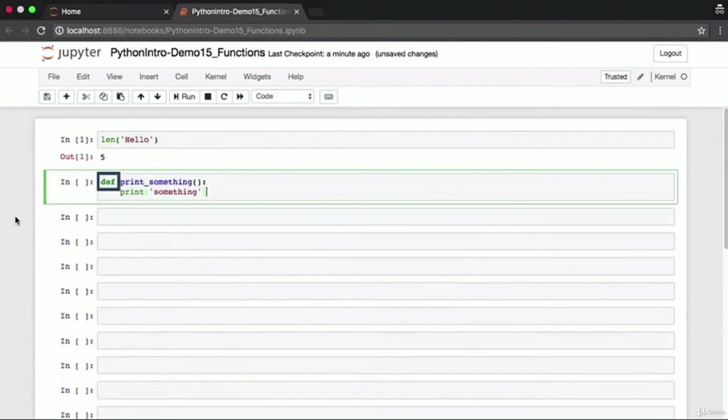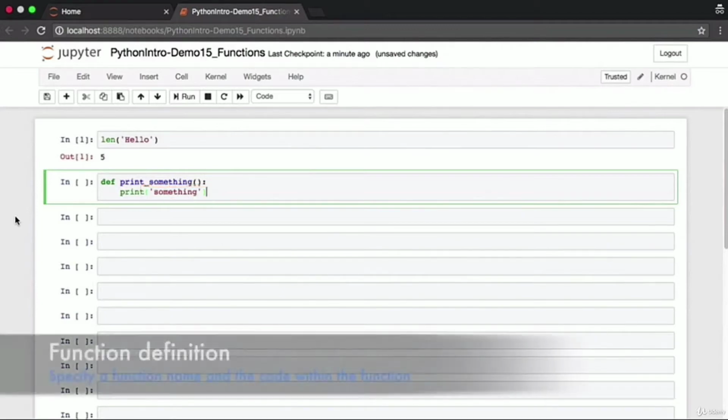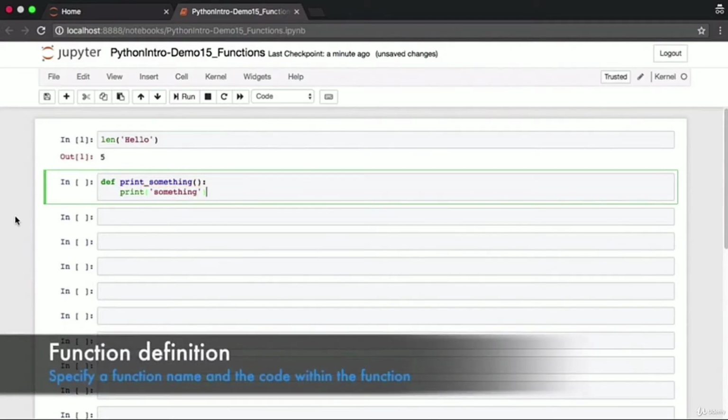A function is defined using the def keyword. It's followed by the function name, which here is print_something, and then brackets. Following the function, we have the colon, after which we'll write all the code which belongs to that function. This function has exactly one line of code which prints the word something. Notice that the code within the function is indented just like we indent code within if blocks or for loops. What we see here on screen with the def keyword is the function definition. The function definition basically contains the name of the function and all the code that you want executed when this